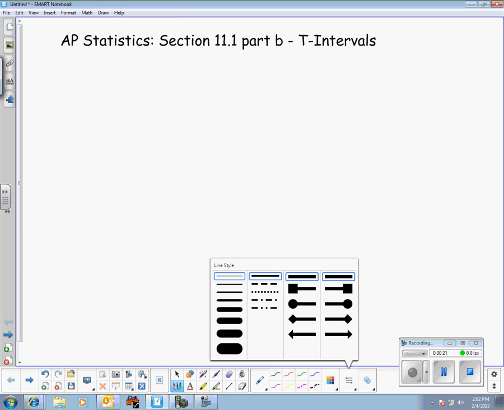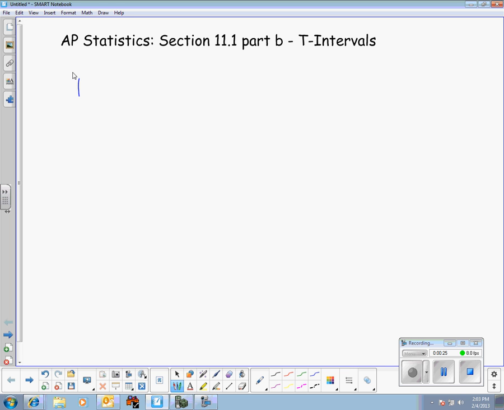We're going to start with an example, and from our textbook it's 1121. I'll just put the key info down since you might not have your book in front of you. And we're going to do a T-interval for this situation. This is about a bank who wanted to know if they removed a fee, if people would spend more money. What they found out was they